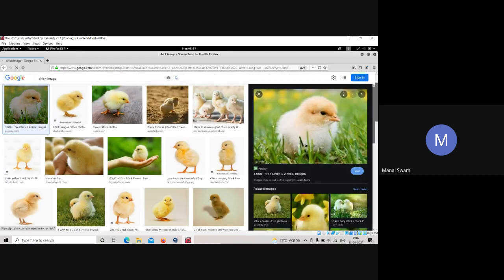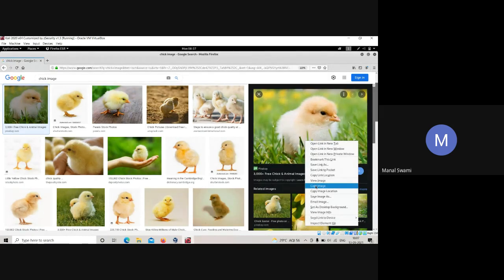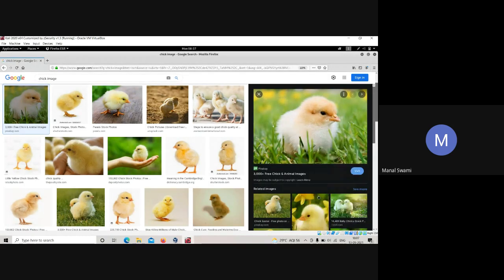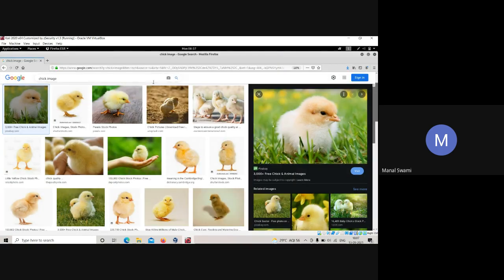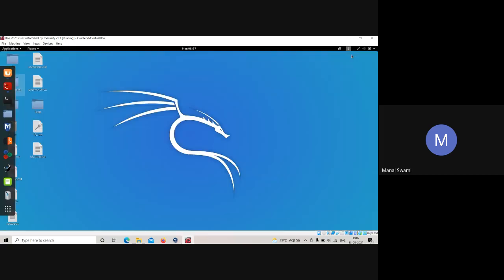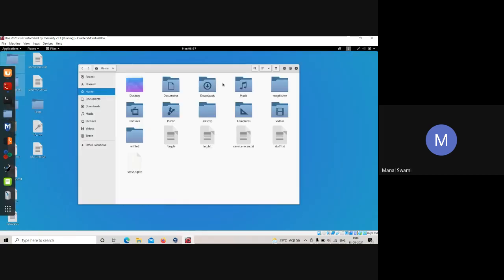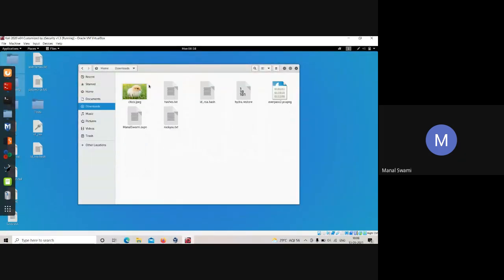We'll save this image, and I'll name it, for example, chick.jpg. It is saved in the downloads folder. Now if I come back to my downloads folder, see, I've got the image over here, right?